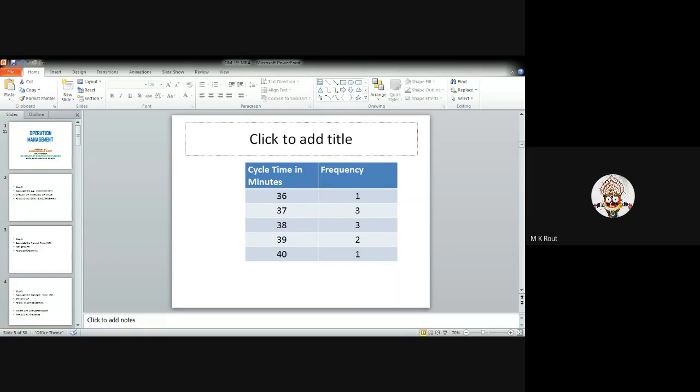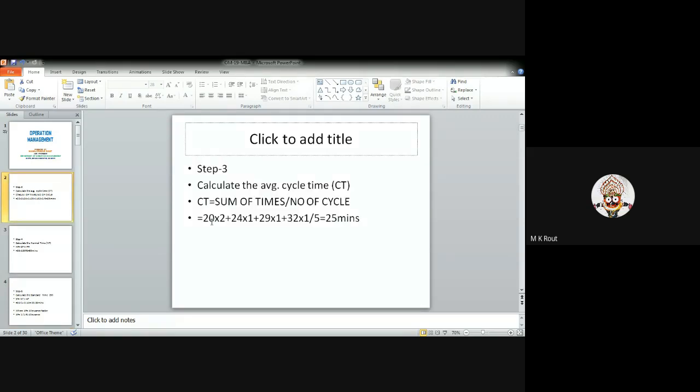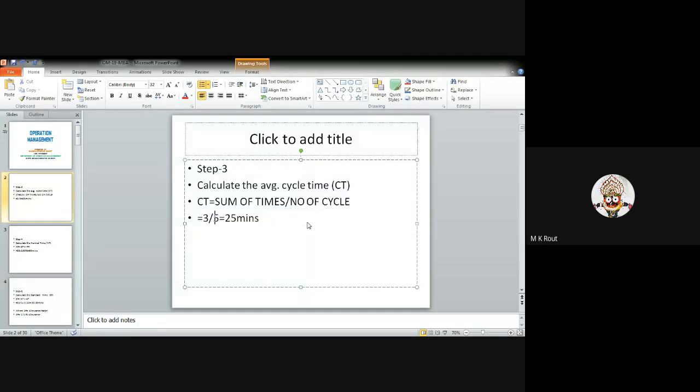You can directly go to the formula for calculating cycle time. Here the cycle time is given how much? That is 36 into 1, then 38. Cycle time, approximately? 37.9, sir. Okay. 36 into 1 plus